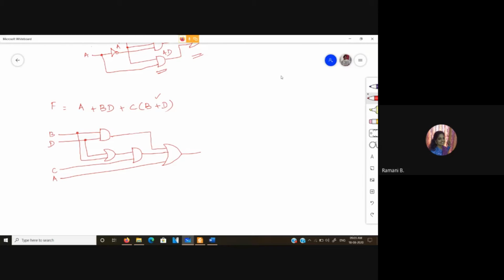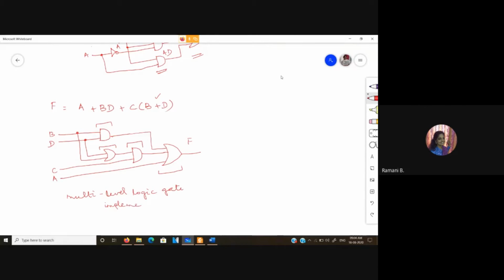In the first level, I am computing the AND operation of this BD and OR operation of this BD. In the second stage, I am ANDing this B plus D with C. And in the third level only, I can compute the entire function. Okay? So you can simply give the name as multi-level logic gate structure or a logic gate implementation.